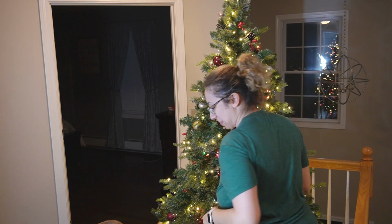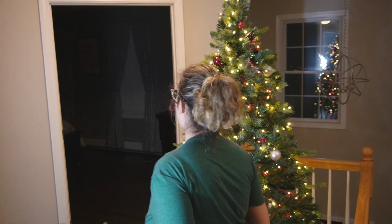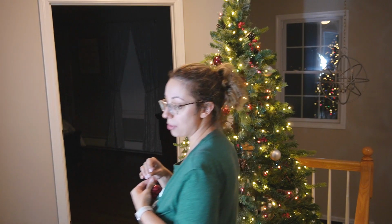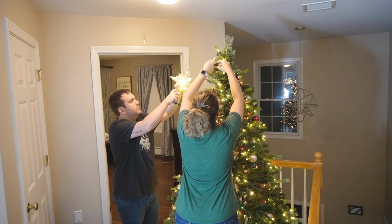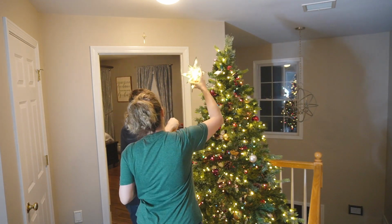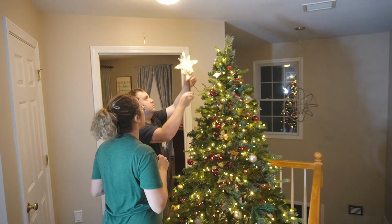So I am rocking out to Christmas music off of Pandora, but once all the decorations were up, my husband did help me put up the star for this tree. We do have an angel for the downstairs tree, and then my husband picked this out this year. Not that you can see it really on camera, but it is beautiful, and again, within budget, I thought. I mean, granted, the back of it may not be sealed in there. You'll see some of the lights exposed on the back,